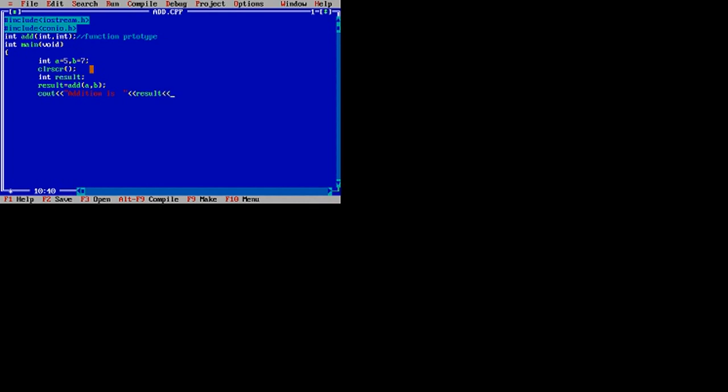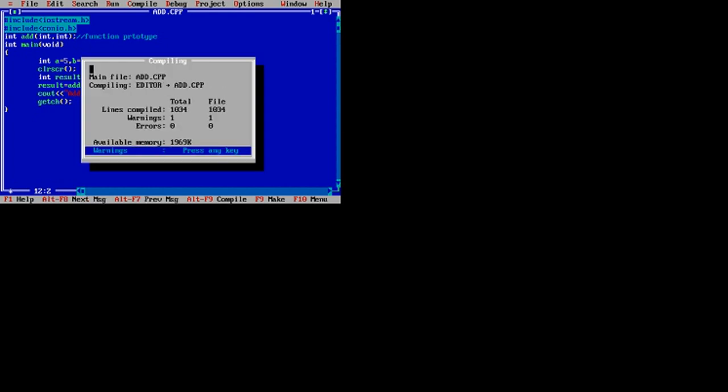And then I will use endl. endl is a manipulator which works like a new line \n. It will take your cursor to the next line, and then I will say getch, and I will close this main.